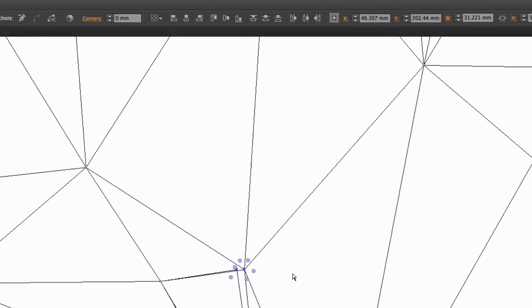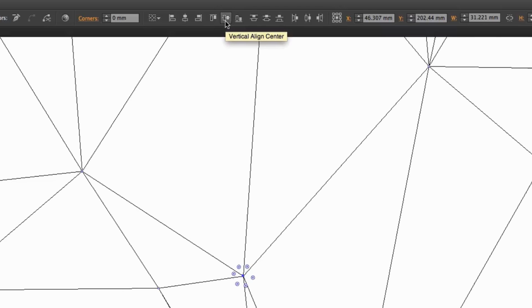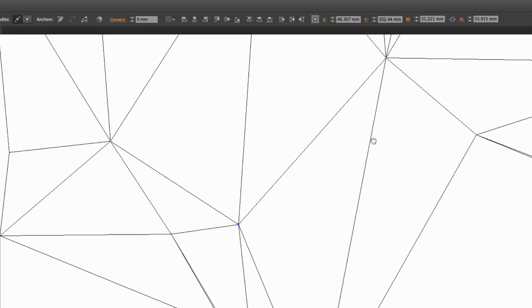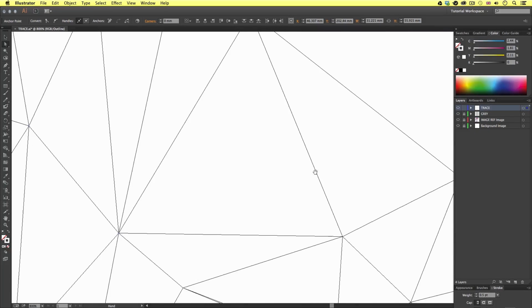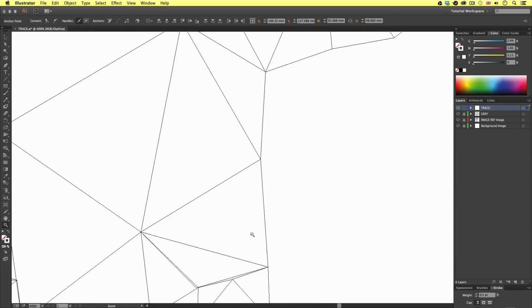With these points selected, I can come up to the top control panel and click the Horizontal Align Center button, and this will then align all the points to the center. Then I can come back up into the control panel and select the Vertical Align Center button, and this will align all the points vertically. So by using those two align tools in the control panel, you will accurately align those points up perfectly on